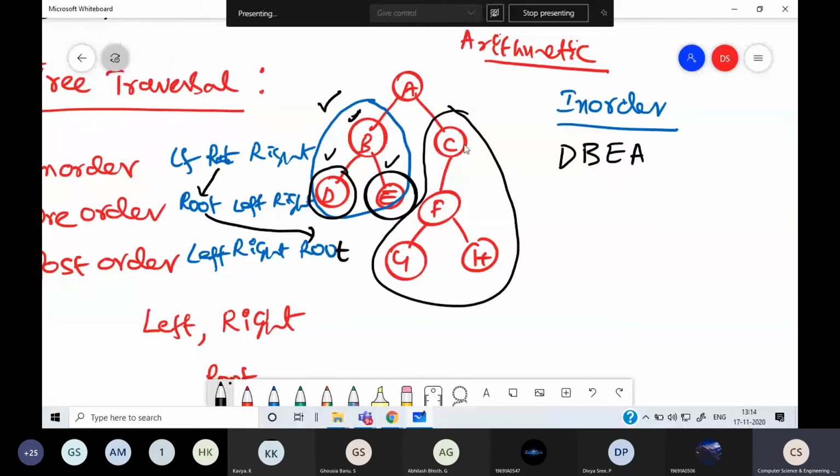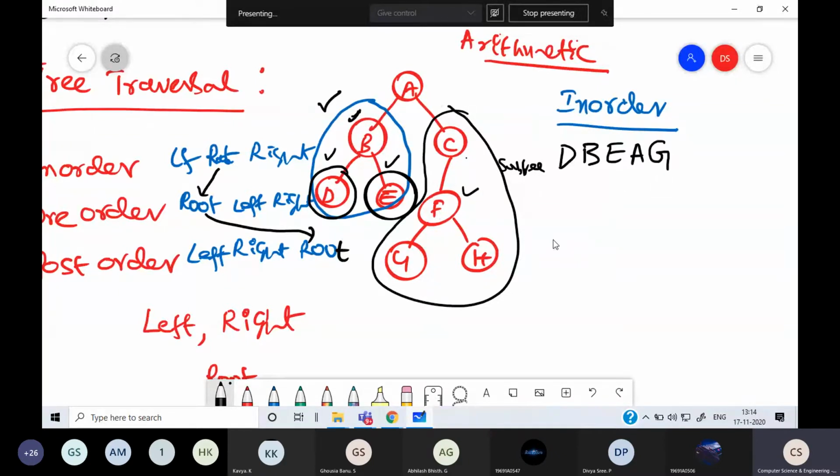In the right subtree, again there is a root and a left subtree, and there is no right subtree. Before we visit the root, we have to traverse left. Again there is a subtree. Before we visit this root, we traverse left.